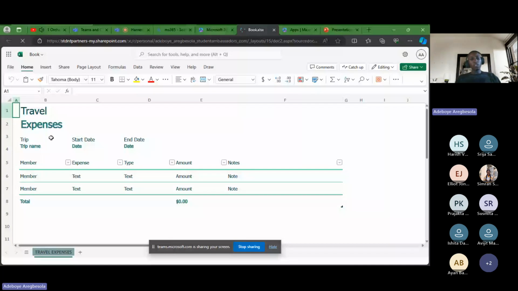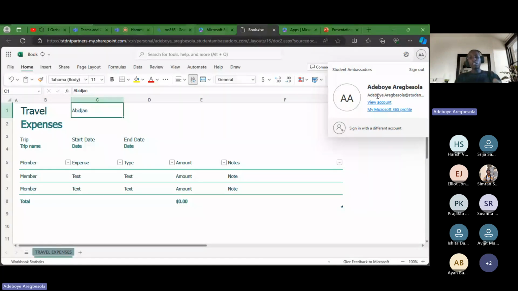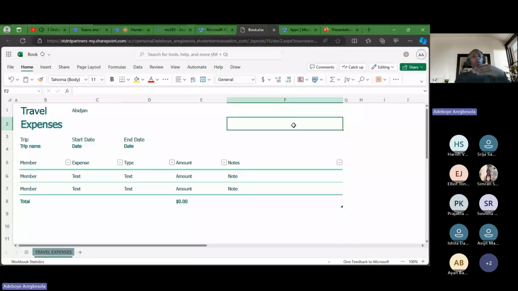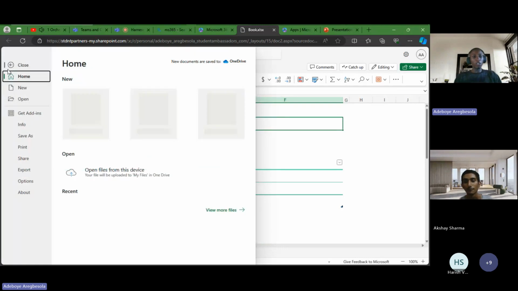And with this, any changes you make here, say you put Abidjan and you travel to Abidjan, you put how much you spent, any changes you make here, as long as it's linked to this account over here, you would be able to also access on any device. If I were to switch from this laptop to another computer system and log in the same account to my Microsoft 365, this spreadsheet that I just created,